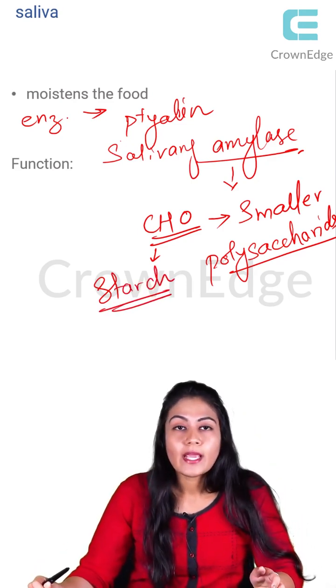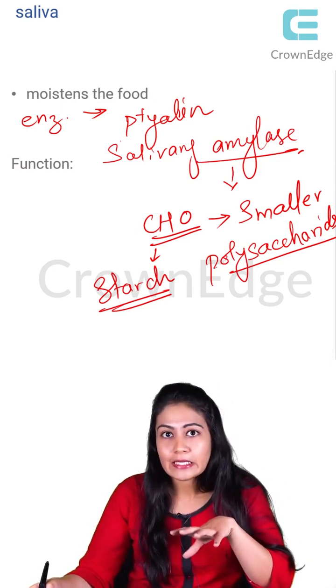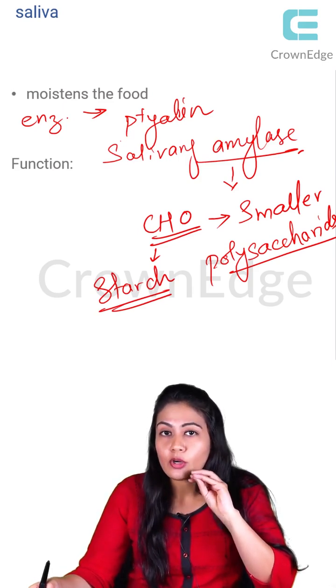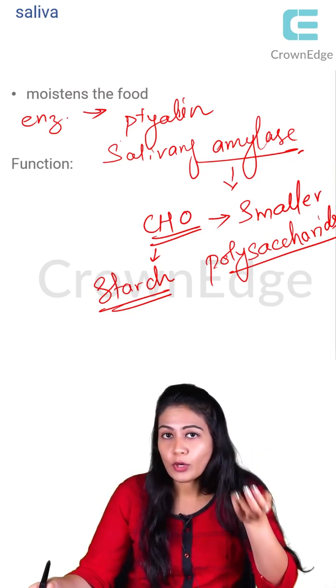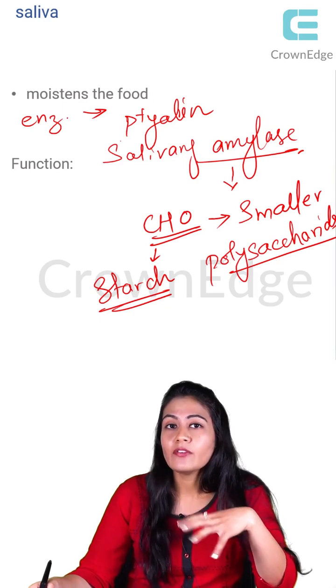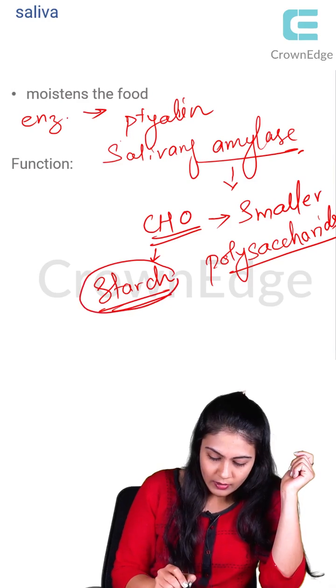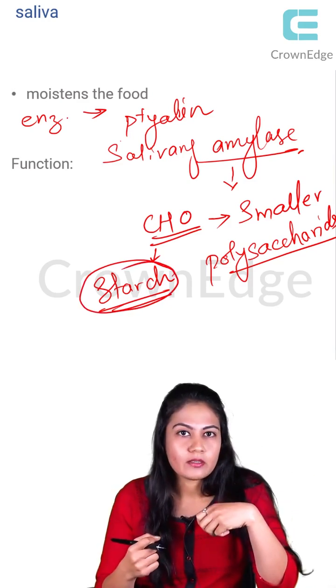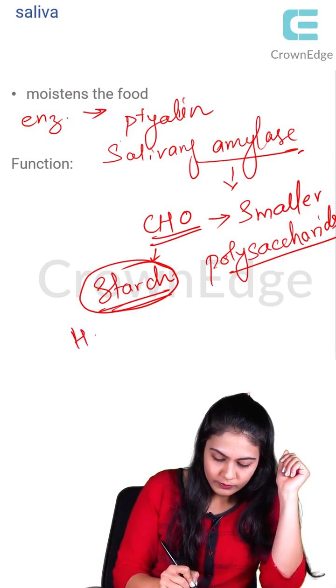So remember, if the person has a deficiency of this ptyalin or amylase, the starch cannot be broken down into polysaccharides. So he can have diarrhea. Why? Because these starch molecules are osmotically active particles, right? What do you mean by that? They hold the water,